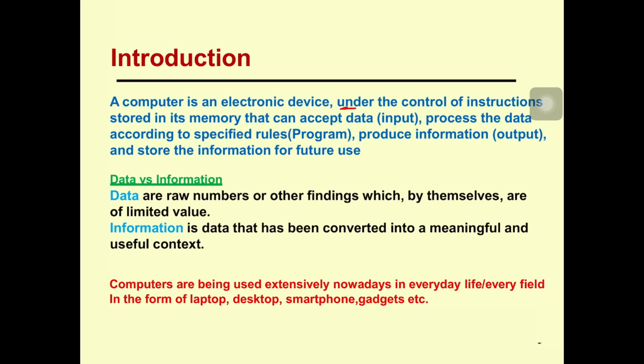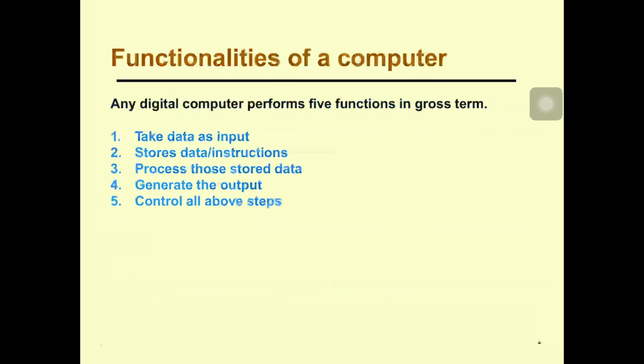So we can say that the computer is the electronic device which takes the data as raw material, processes the data, and after processing converts it into the information and provides the output to the user either in the form of the soft copy or in the form of the hard copy. Okay. Then what is data and what is information? Data are the raw material which we have to send to the computer. Okay. And information: when the data is processed in the computer, after processing it is converted into the useful data which is known as information.